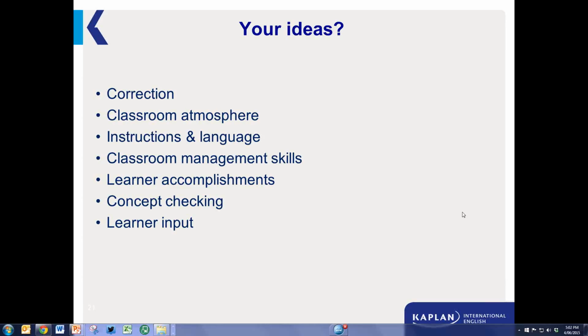More comprehensive error feedback. There was some error feedback, but did they get enough support with the error feedback? Given that she's a new teacher, these are quite common areas that I observed anyway as a CELTA tutor, as areas that teachers develop as they get more experience. But in terms of an action plan for this teacher, these would be the kind of areas I'd be highlighting.